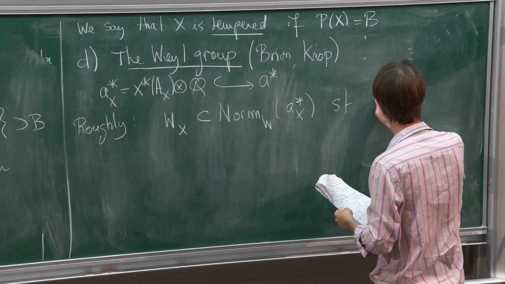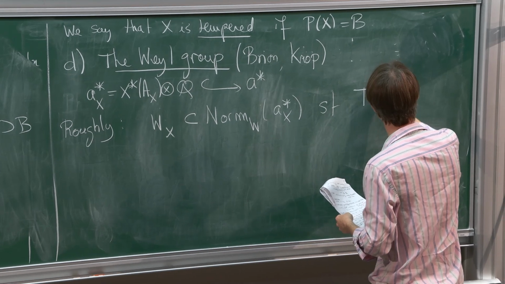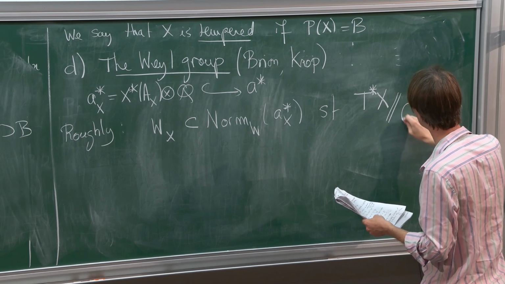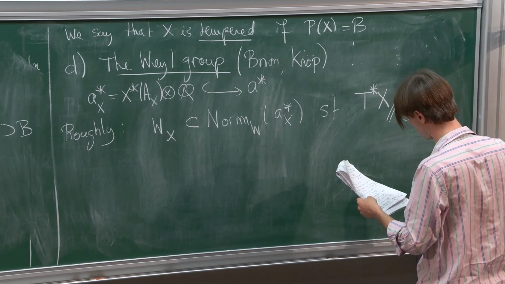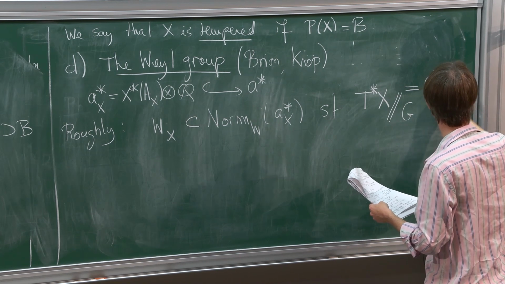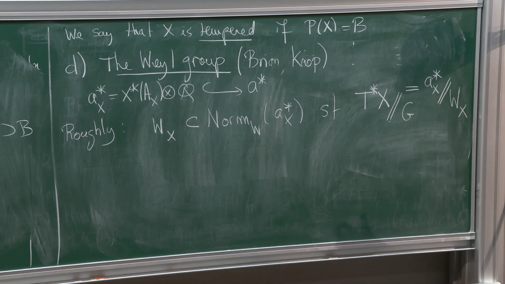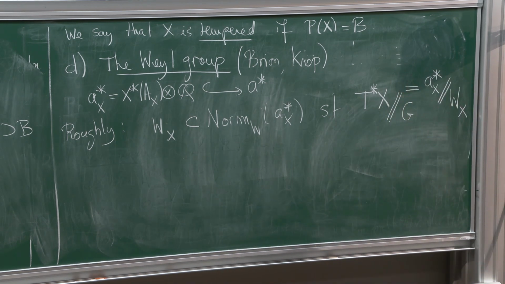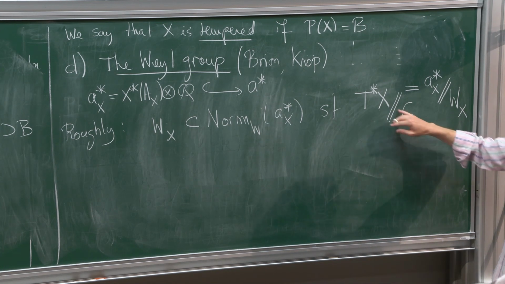More precisely, you have to consider the cotangent bundle of X. If you take the quotient, this is a GIT quotient, I will say what it is in one moment, it is the same as the quotient of AX star by WX. So this is very rough. I will give more details in one moment. And this GIT quotient usually is Spec of